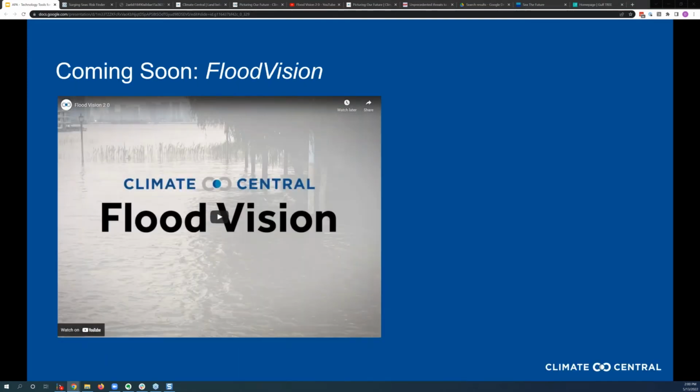And finally, I'd like to show you something we're working on. It's called Flood Vision, and it uses advanced data collection techniques and AI-based algorithms to produce highly accurate augmented reality photos of specific locations. So the idea is users will be able to choose views to contrast meaningful scenarios in their neighborhoods, such as different sea level rise projections based off of different scenarios or local storm surge forecasts.